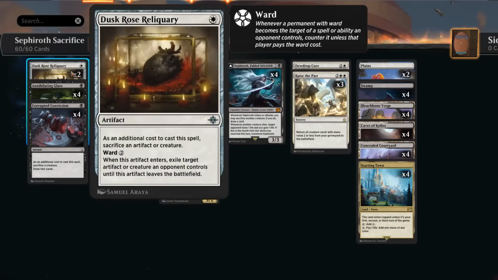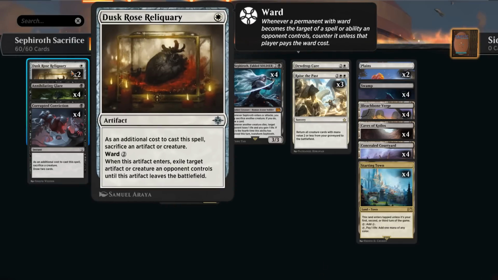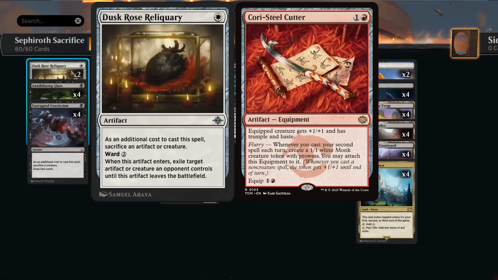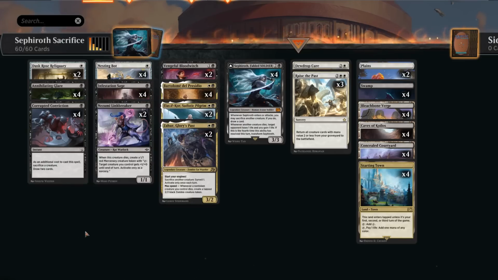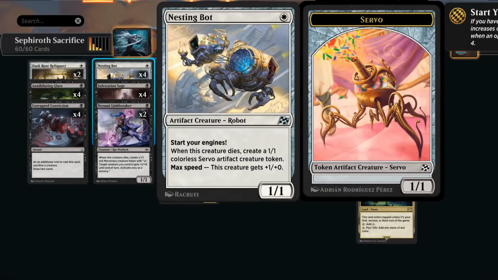And then we also have the Dusk Rose Reliquary, which can answer opposing artifacts or creatures, so this can also be an answer to a Steel Cutter, for instance. And then Corrupted Conviction can sacrifice a creature to draw 2 at instant speed, so it can also help cycle through the deck. Then our sacrifice fodder at 1 mana includes Nesting Bot, another Start Your Engines card, so that